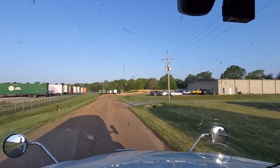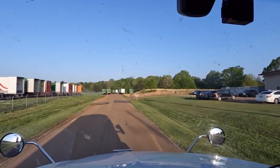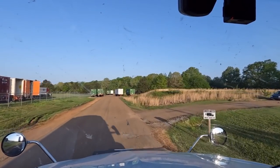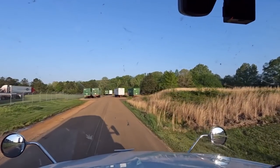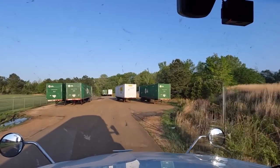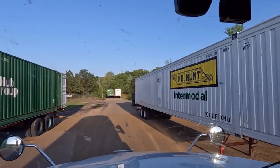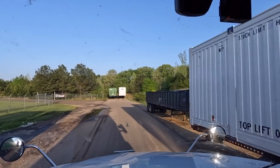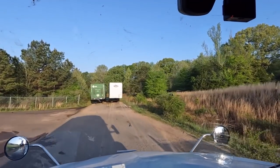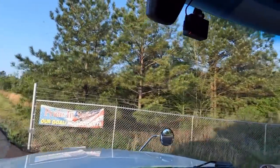Made it to the customer. Now we just need to drive around and figure out where to go, where to check in, all that jazz. I guess there's an entrance back here. Then from there, I have no idea. So there's docks way down there, and then there's docks close. I don't know which ones. Okay, shipping, receiving. Let's see if it's like the other one where we go to receiving and then they tell us to go to the shipping side to get unloaded. That makes sense, but